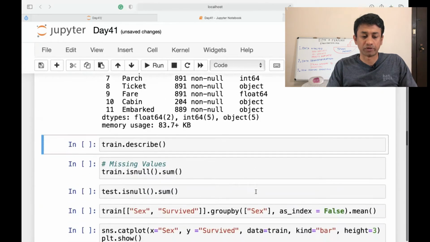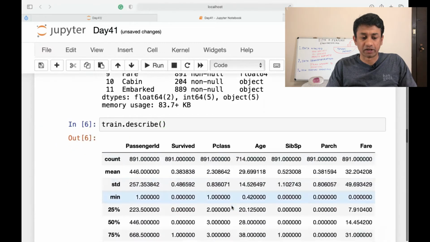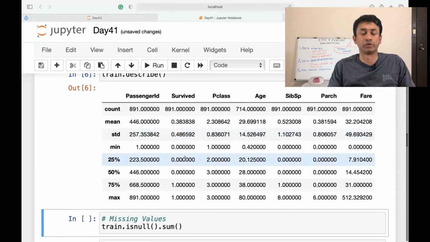Now moving on to the next one, using the describe functionality, we can understand the distribution of the numeric data. All these attributes are numeric attributes, it could be integer or float. We can see what their mean is, how much the standard deviation is, what the various percentiles are, and what the minimum and maximum values are. This helps in understanding how the data is distributed,